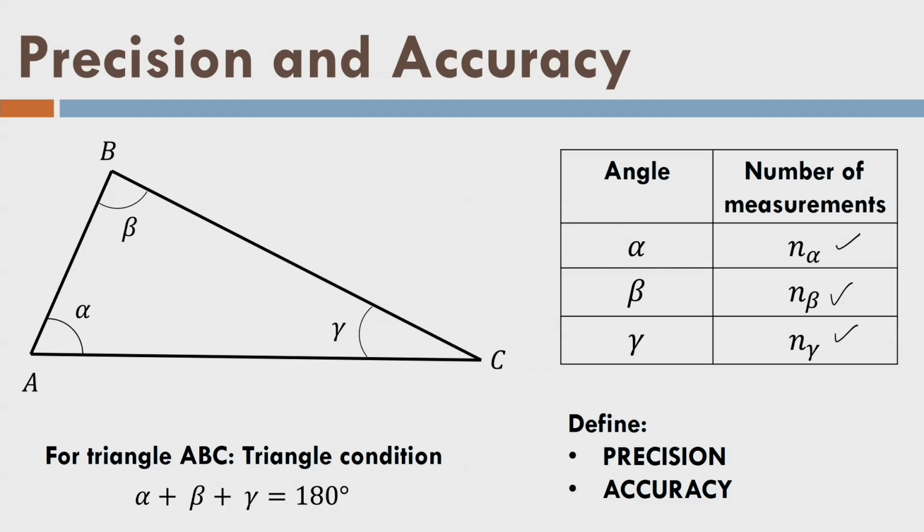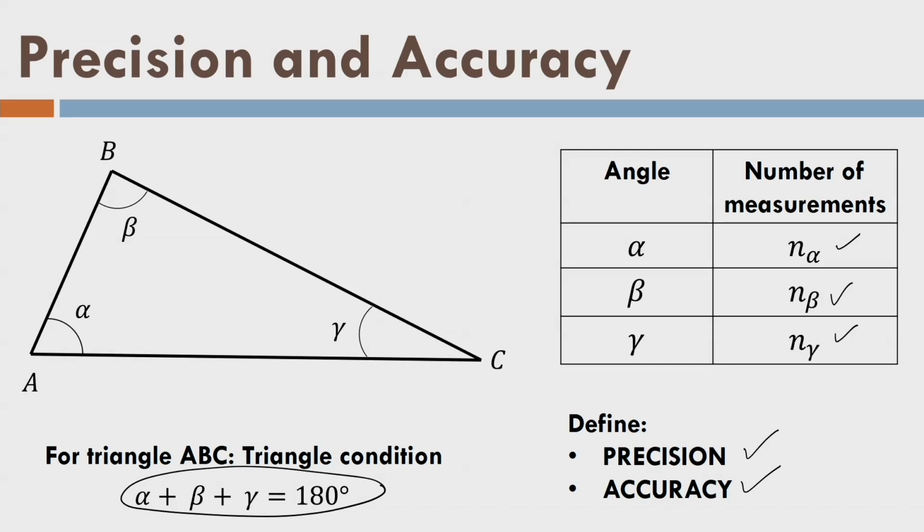Okay, I also know there is a condition equation that exists. So what's the precision and what's the accuracy here? Precision, we have already said that the precision is nothing but the standard deviation because it is the closeness among the observations, and closeness is represented by the standard deviation, how far values are from the mean value, and that is my standard deviation. And then I take the average by n minus 1, and then we get the standard deviation. Well, so I know the precision, that's my 1 sigma value.